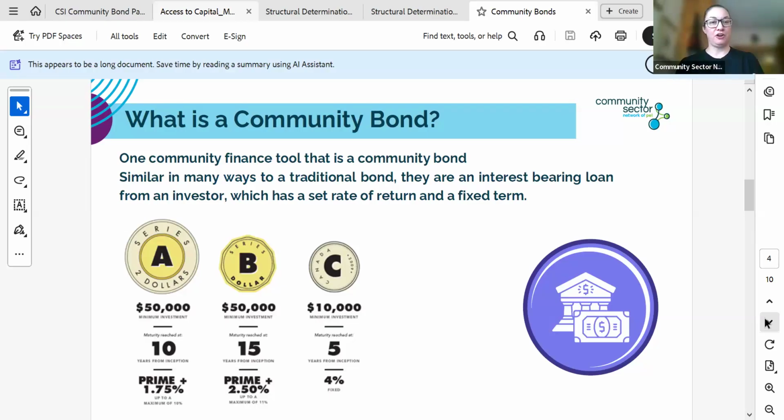And then you could pick the term and it would come with a certain interest rate. And usually the longer the investment, the higher the interest rate. And then you can set the maturity dates and whether or not there'd be options to cash out early. And a community bond is very similar in that context, which has a set rate of return and a fixed